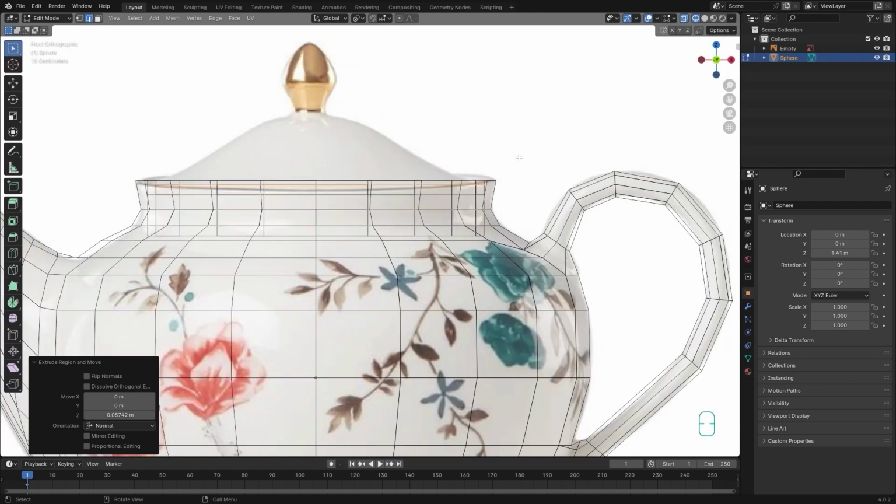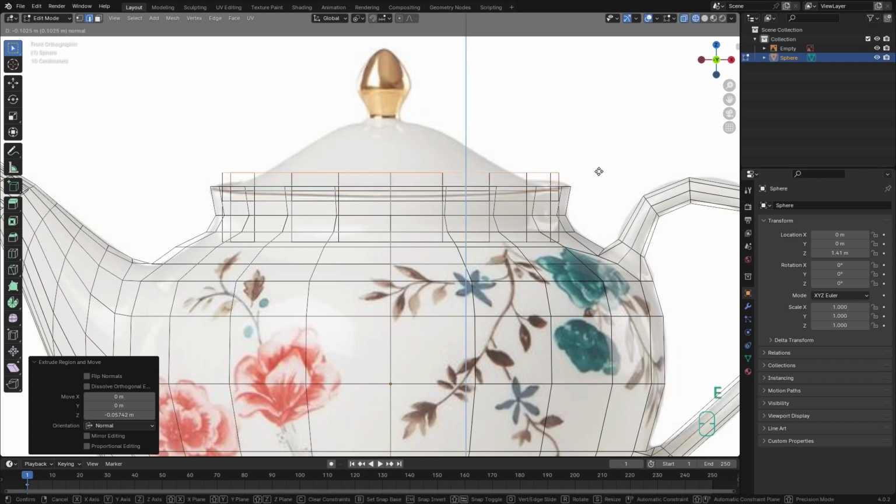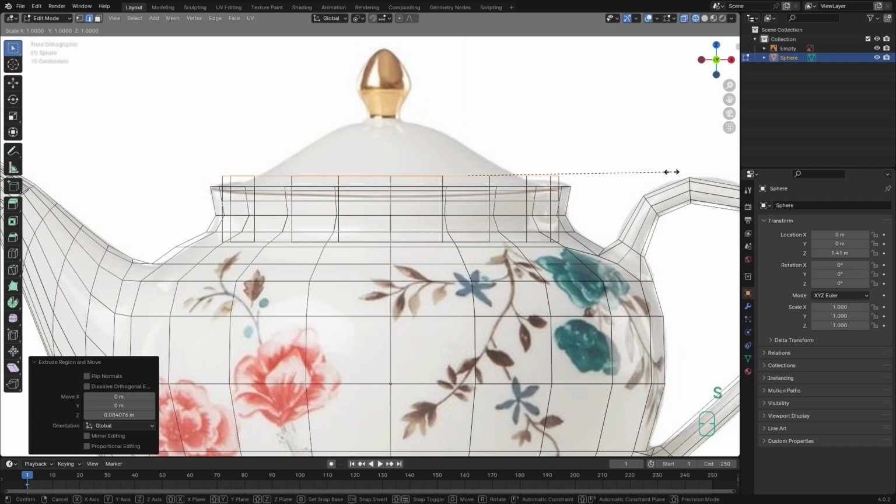So select box, my faces are already selected, so I'm going to use E for extrude, Z for moving it along the Z axis, and after I left click for confirming, I'm going to use S to scale it a